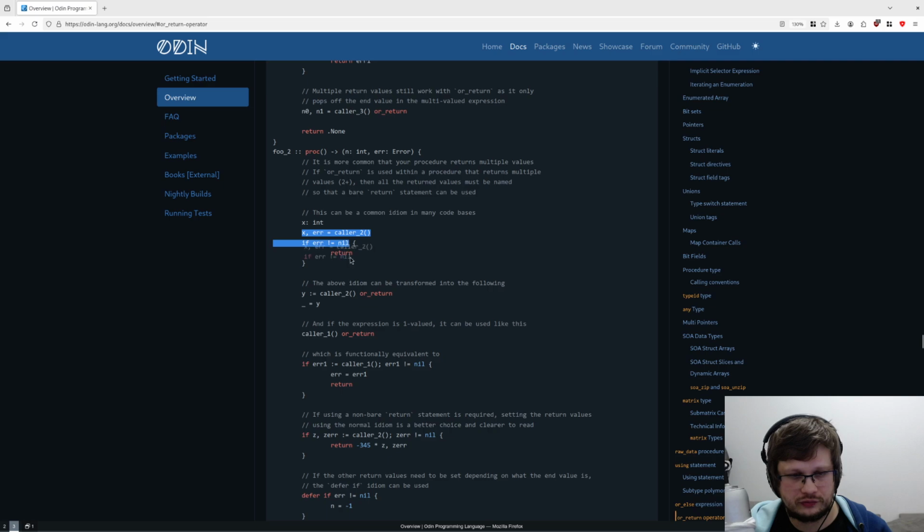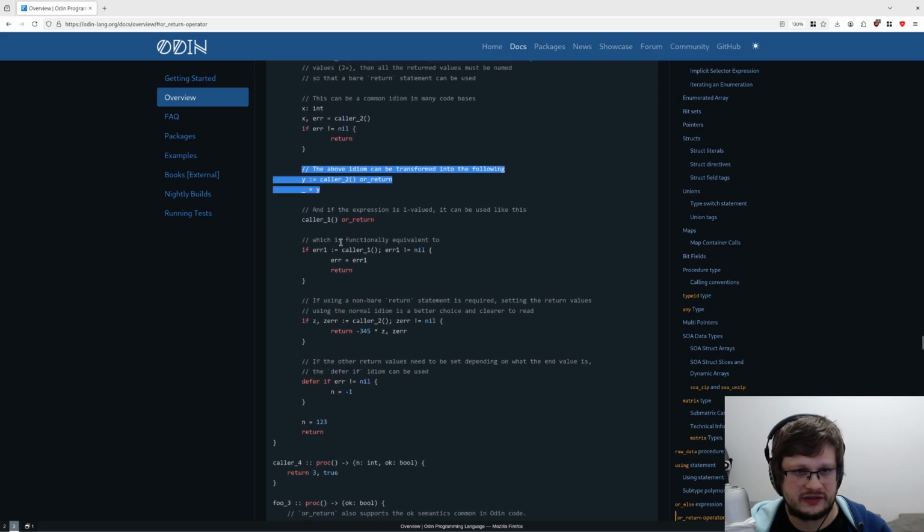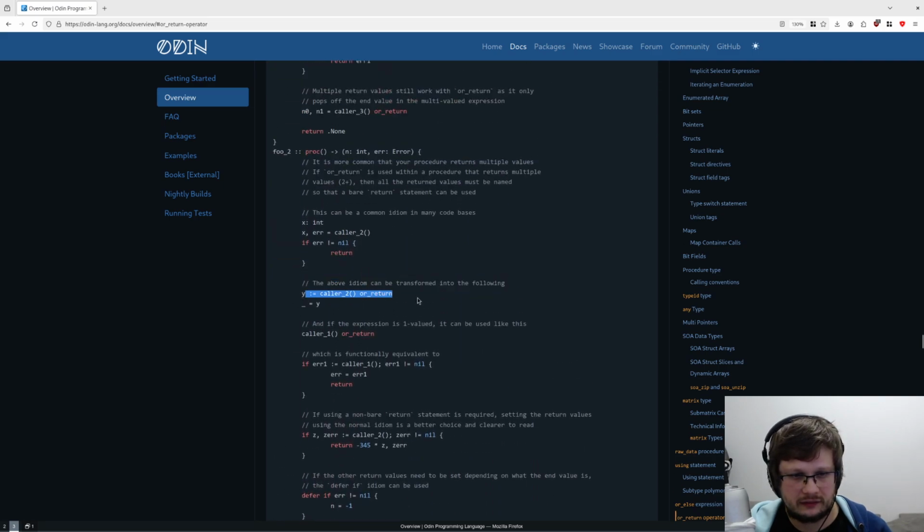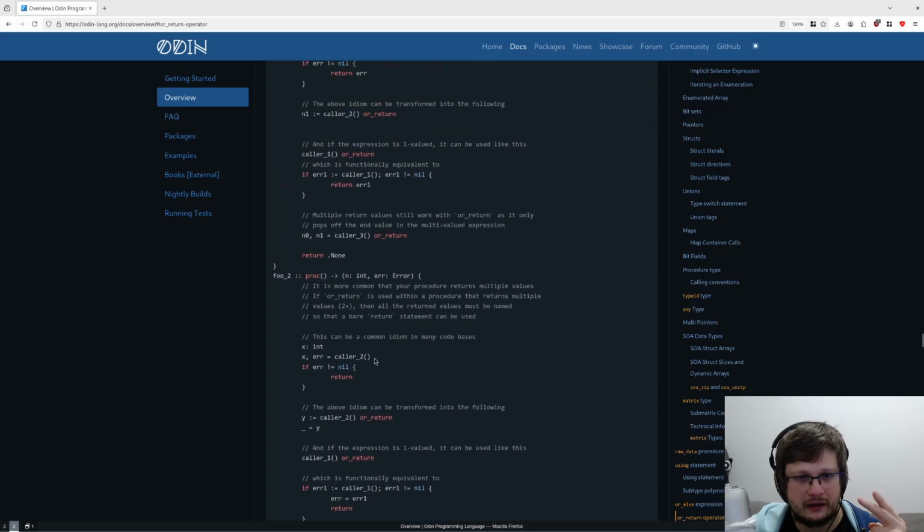Say caller 2 return. Yeah, so you see, and then or return. And here or return, I guess it will just return default values here. Oh, I know what it does. It will push the error up the stack.